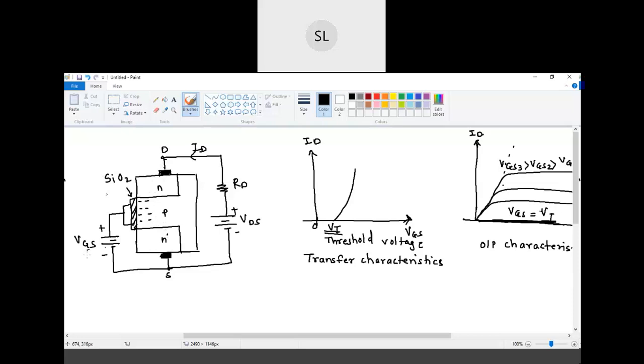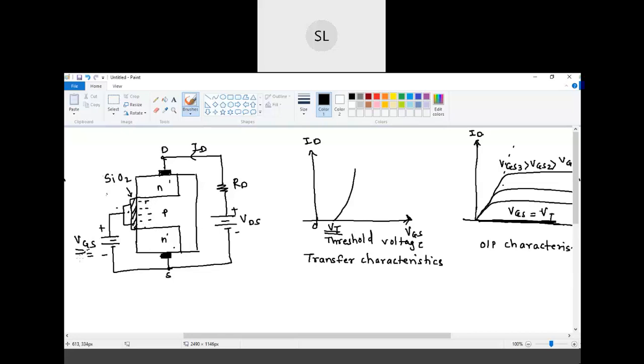As you go on increasing the gate voltage, more and more electrons will be accumulated here, so more and more current will flow from drain to source. We need to induce the channel in order to start conduction, which is why this is called an enhancement type of MOSFET. There is no physical channel initially present. We induce that channel when we apply some positive voltage to the gate terminal, so that electrons are attracted and accumulated below the oxide layer to form the channel.